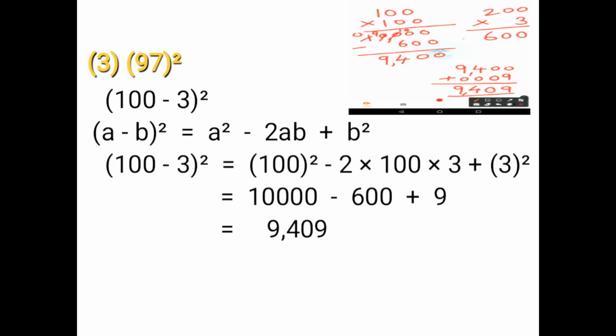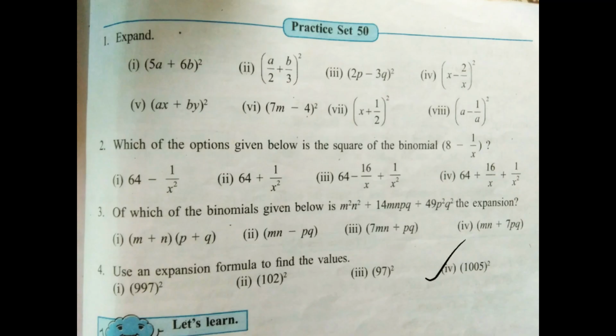Now we'll do the last sum. 1005 the whole square. Now the unit place is 5. If the number is less than 5 or up to 5, you have to take the addition expansion form. In the addition expansion form, you have to take the number before it, which should have 0 in the unit place. That is 1000. 1 is in which place? 1000 place. 5 is in the unit place. If you want to take the addition expansion form, you have to look only at the unit place and the 1000 place here in the given number.